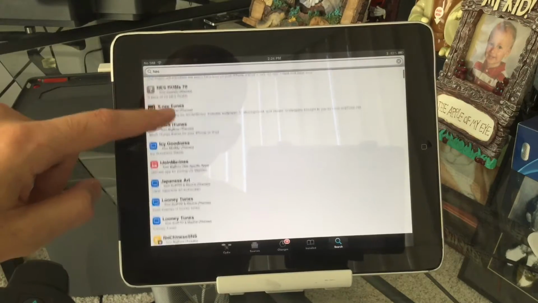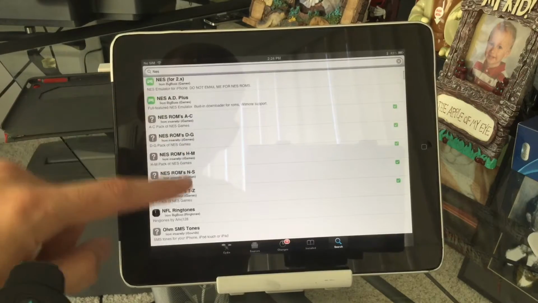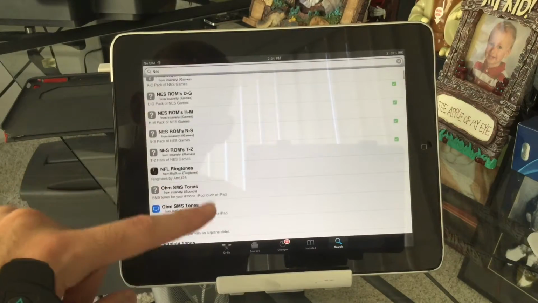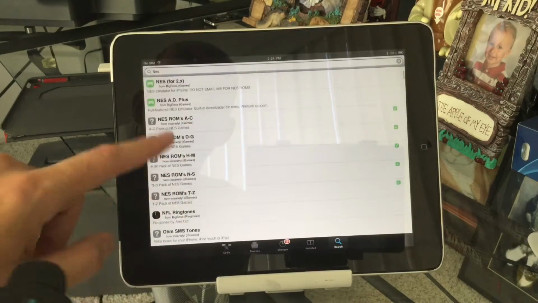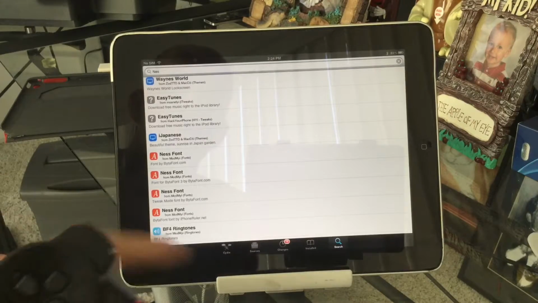Find any. Don't know where. There we go. NES ROMs. I did all of them for the NES. I haven't done the Super Nintendo ones yet, but oh, and then the other thing is, if you do more